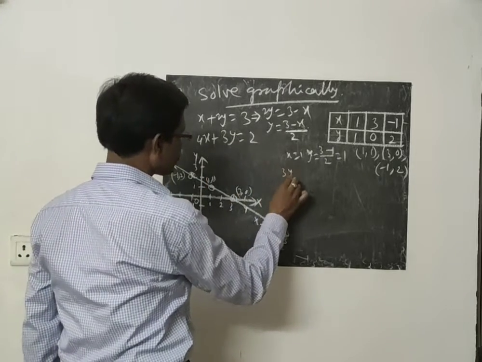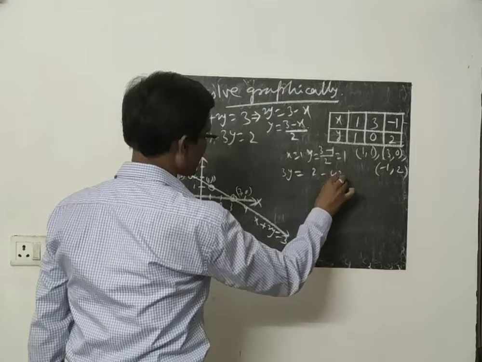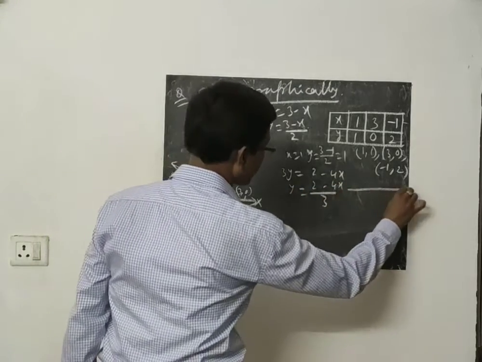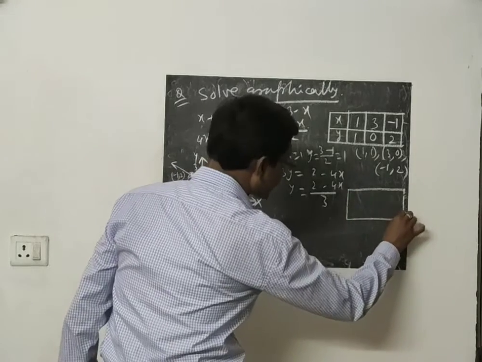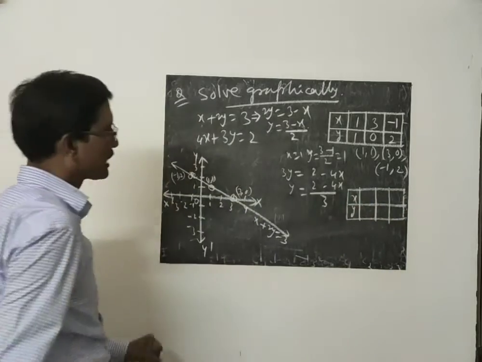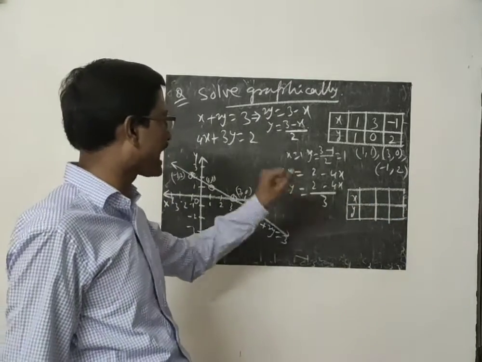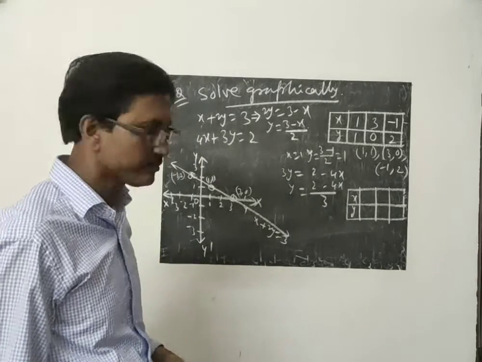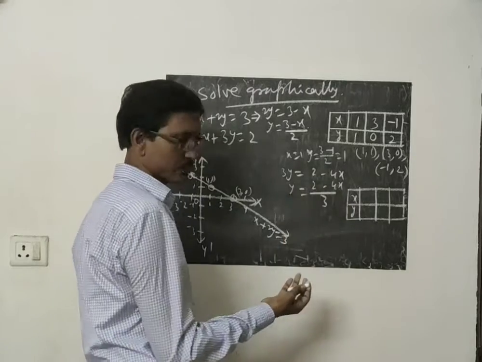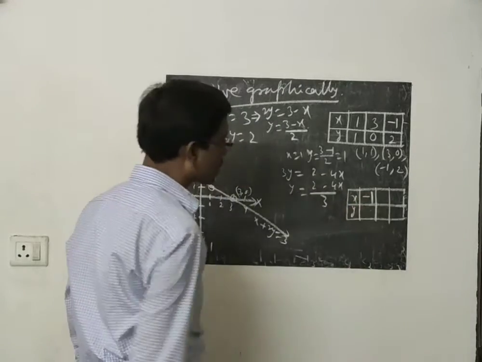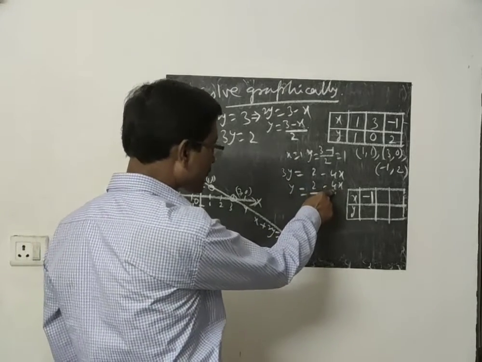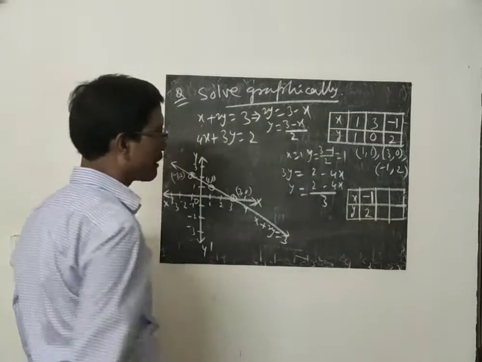You are getting 3y equal to 2 minus 4x, so y equal to (2 minus 4x) by 3. Here also you will make that table. It will have 3 points, x and y. Then think of an x value so that it will be cancelled by 3. If we take x equal to 1, minus 4 plus 2 may not cancel. But if you take minus 1, minus 4 into minus 1 means minus minus plus 4, plus 2 is 6 by 3, so 2 is coming.